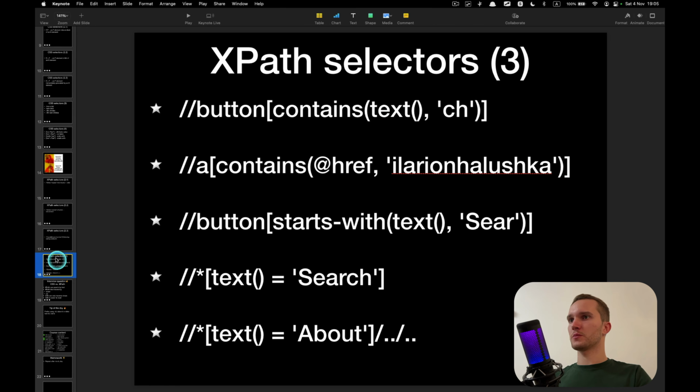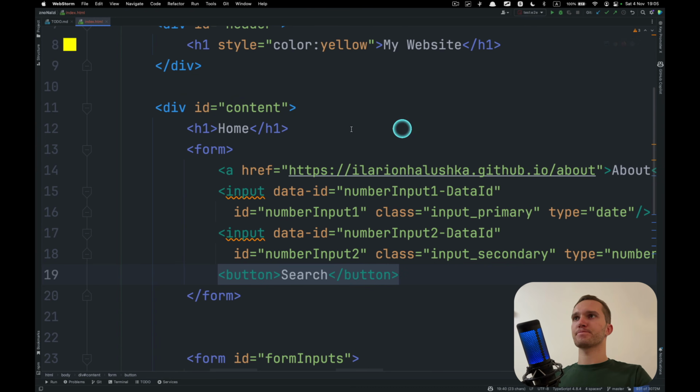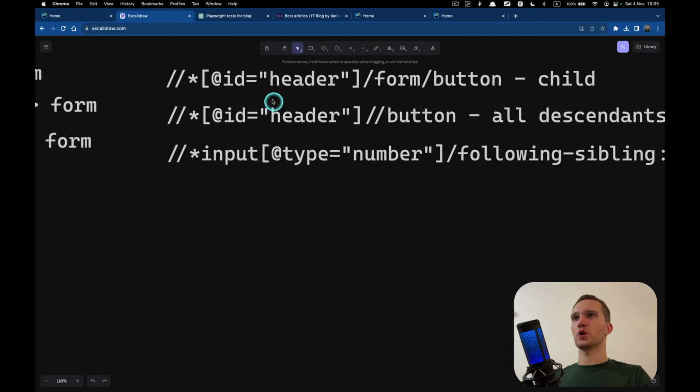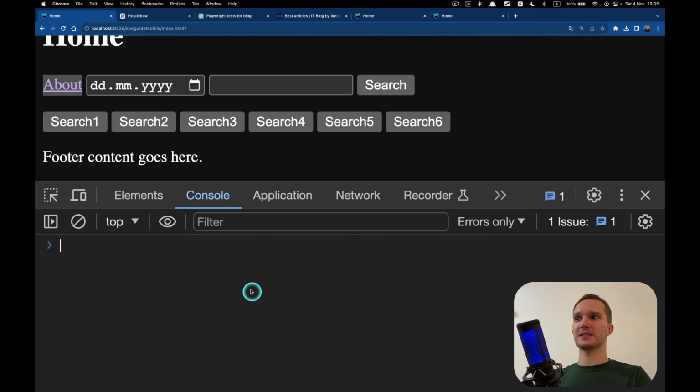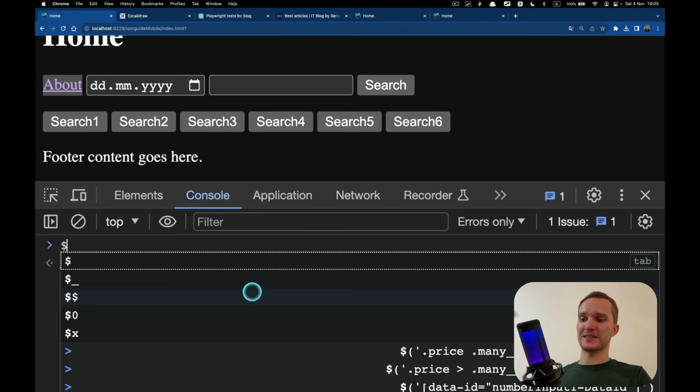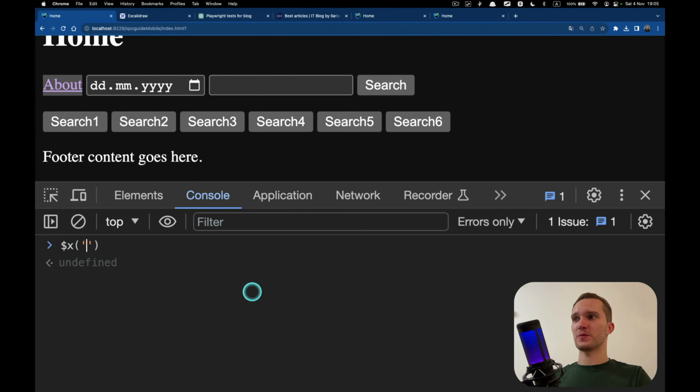Alrighty, moving on. There is something that we haven't covered in CSS, which is selecting elements by text. And you know why? Because CSS selectors don't support selecting elements by text. So life is hard, I know.